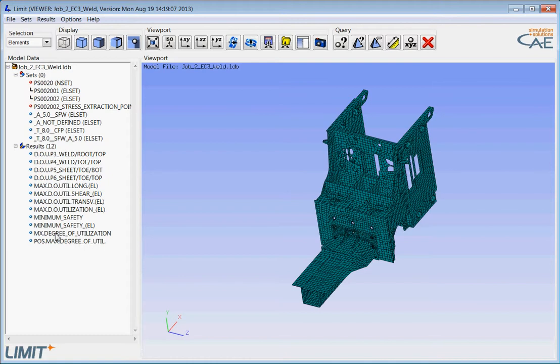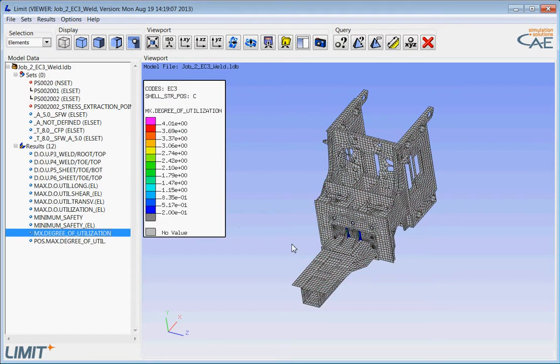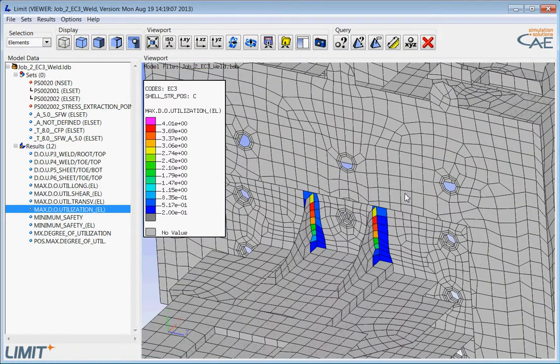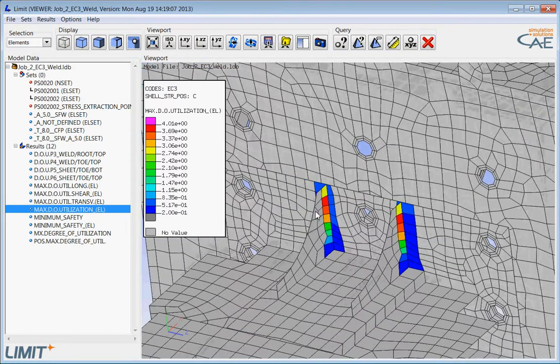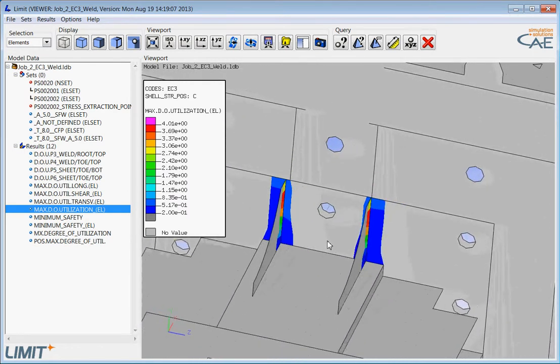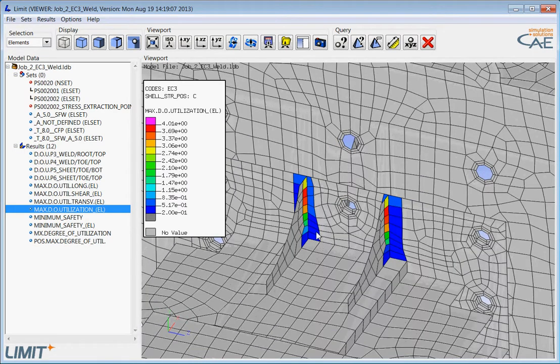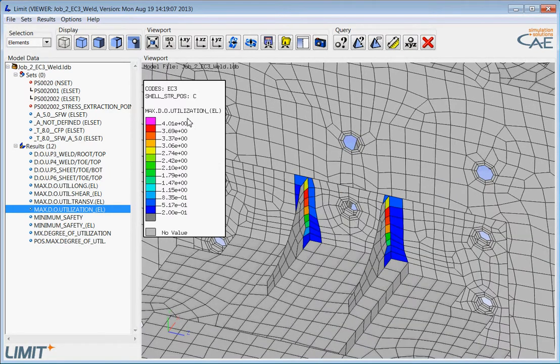For the first important post-processing step, we will look at the maximum degree of utilization, or maximum degree of utilizations per element here, and what we get is this picture here, which shows that the maximum degree of utilization is below, no, it's 4.01,